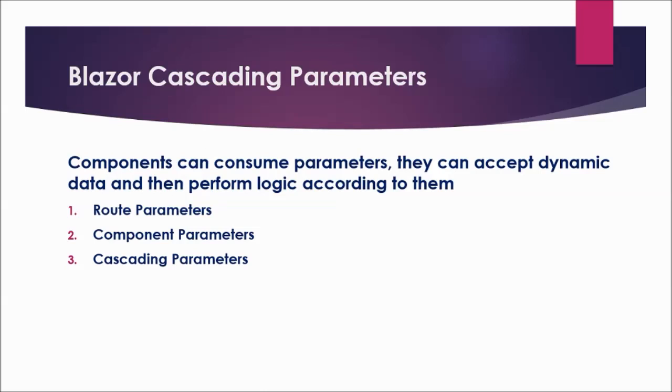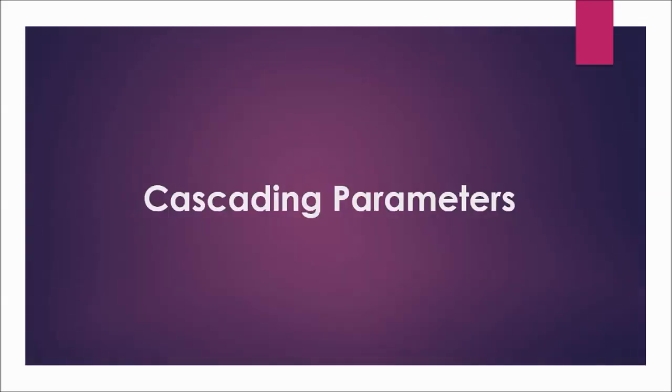One way to pass data from parent component to child component is by using component parameters. We discussed component parameters in detail in part 9 of Blazor tutorial. A Blazor application is a set of components. We create individual components and put them together to create a working Blazor application. Components can also be nested. A component can be nested in another component. That component can be nested in another component, and this can go on.